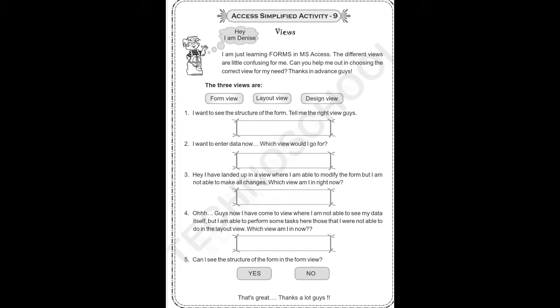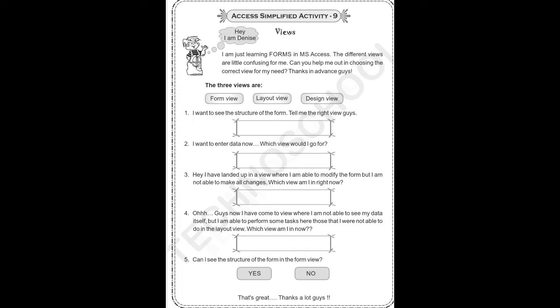It's a simple activity, from MS Access 2010. Just observe the picture and read the questions. You can answer this activity. Understand the concepts of design view and table view and the steps for creating tables in MS Access. Questions come from these concepts. You can do this activity and give your answers with a neat presentation. Complete this workbook activity.